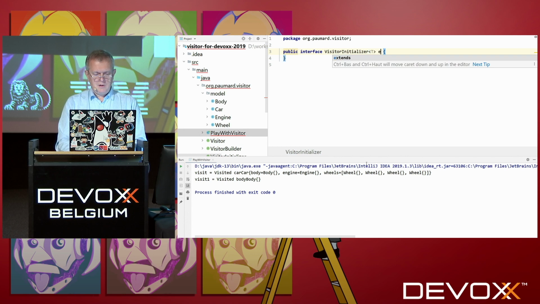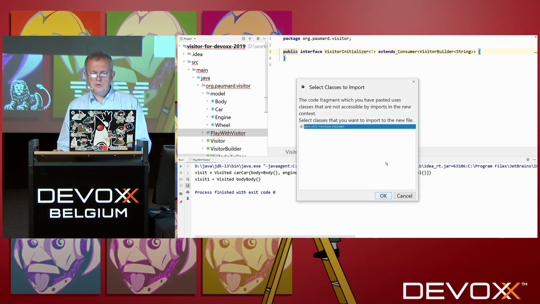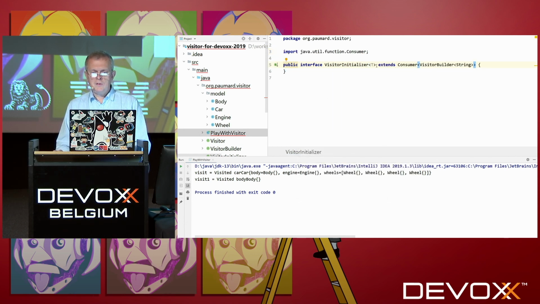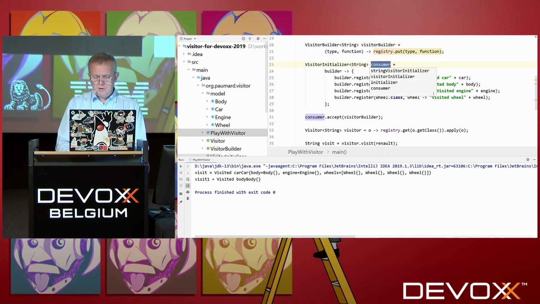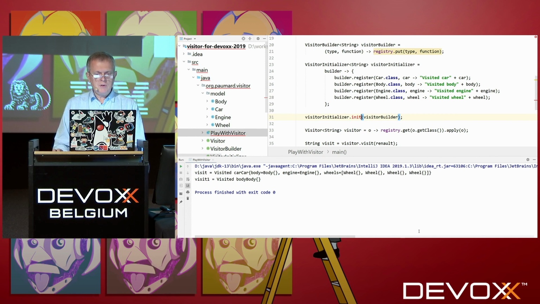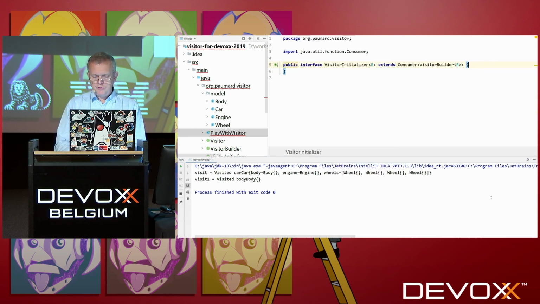Yes, like this. And I'm going to extend my consumer of visitor builder of string, and this is the return type of my visitor, so this string is the type R here. And now my code is kind of working properly. So now I can rename this and call it visitor initializer. And maybe there I could create an init method instead of having an accept method and use the same trick as previously. Make it a default